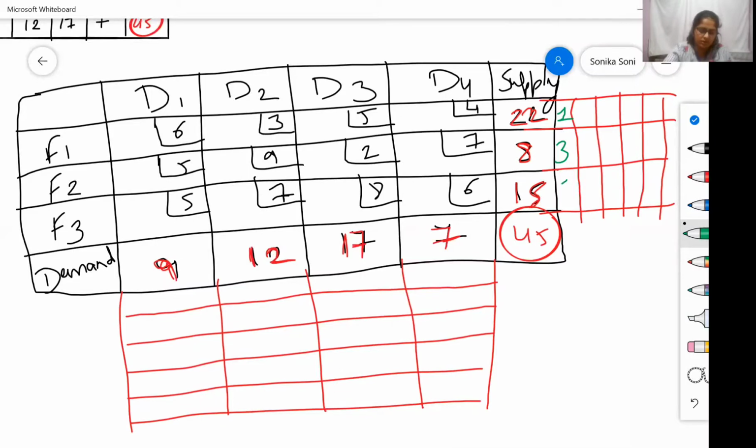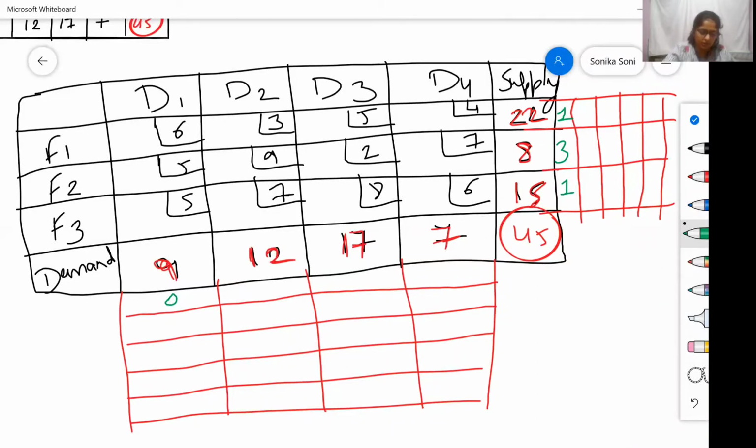So the difference between them is 1. Then moving on to column-wise penalty finding, we have 5 as the first least cost and again 5 as the second least cost, which means the difference is 0. Then in the D2 column we have 3 as the first least cost and 7 as the second least cost,